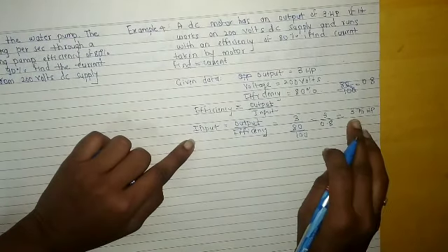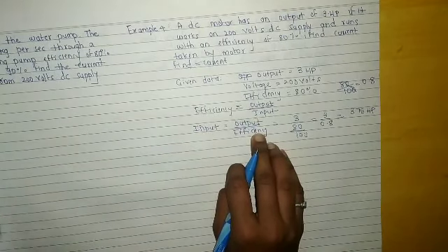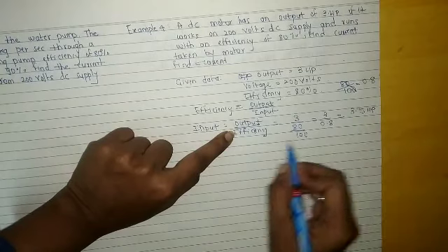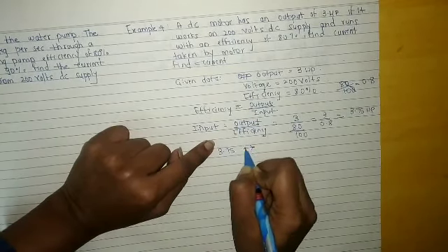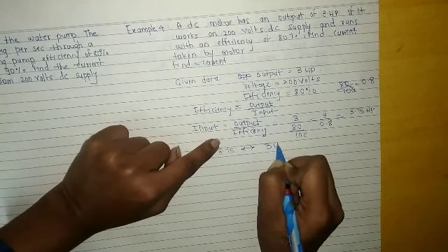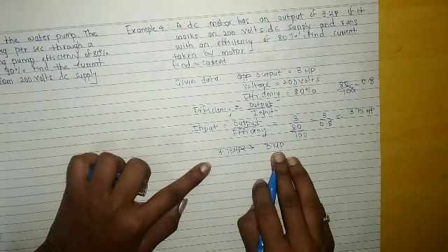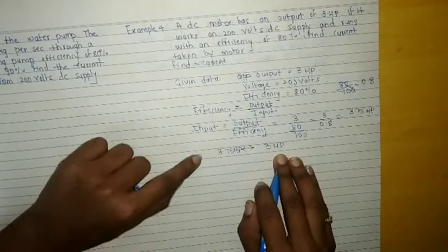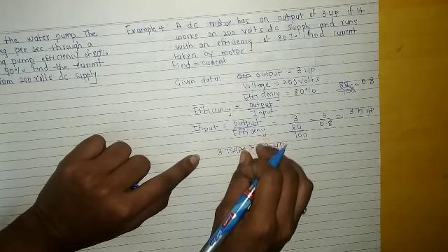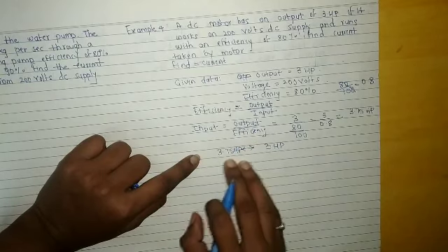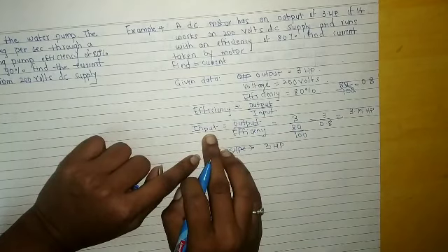So what we got is the input from the output and efficiency. You can see from this example that the input of the motor is 3.75 HP and the output is 3 HP. This was the input given to the motor and this is the output given by the motor. Something is lost in between, so the efficiency is 80%. From this efficiency and output we calculated the input power.